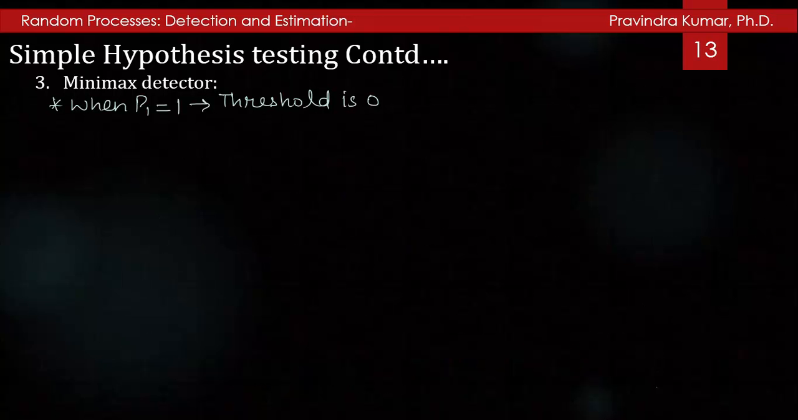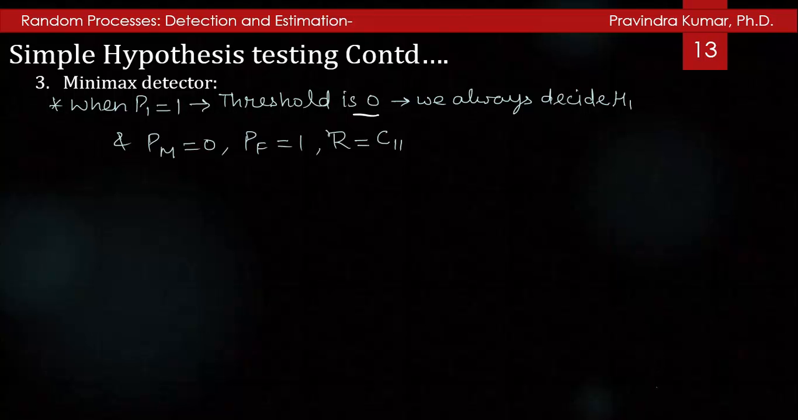And when P1 is equal to 1, the threshold value will be 0, and we always decide H1. We will take the decision in favor of the hypothesis H1, and in this case the probability of miss is 0, the probability of false alarm is 1, and the Bayes risk is equal to C11. And if P1 has some value P1 star, and here P1 star lies between 0 and 1,